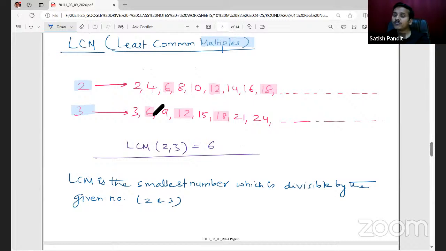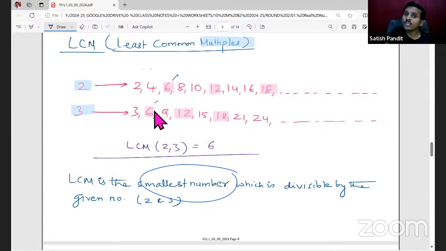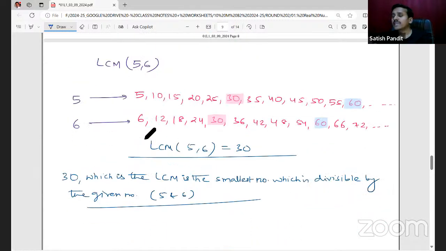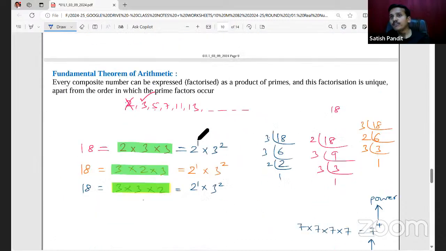Then we moved on to LCM. Least common multiple is the smallest number which is divisible. If you look carefully, 6 is divisible by 2 and 3. 12 is also divisible by 2 and 3. 18 is also divisible, but 6 is the smallest number which is divisible by 2 and 3. And I told you this technique will not be followed for solving questions. We'll follow the technique of